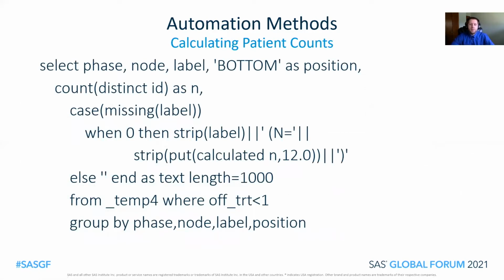Calculating the patient counts. I use a bunch of SQL queries to do this because I find that's the easiest way to aggregate the data. I have a few sorting variables in my data set. Phase is the current phase of the consort, meaning how many split variables have occurred. Label is just the text value of the node we've seen. I'll give different positions to different text boxes depending on where they are. The off treatment boxes get left and right. The other boxes get bottom. I use count distinct to get the counts, and then I just concatenate that with the label. I like having the parenthesis n equals parenthesis syntax with mine, but that can be easily changed for others with a different preference.